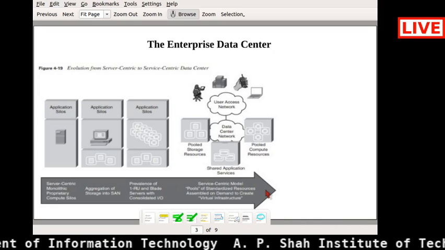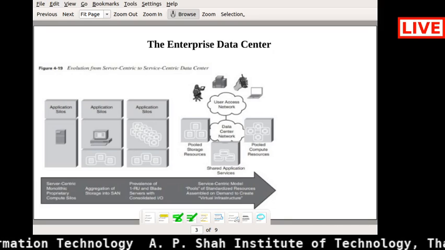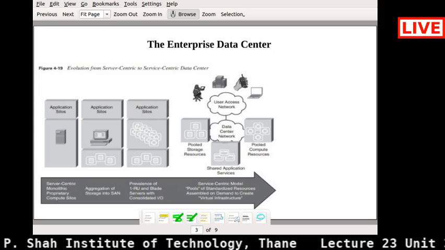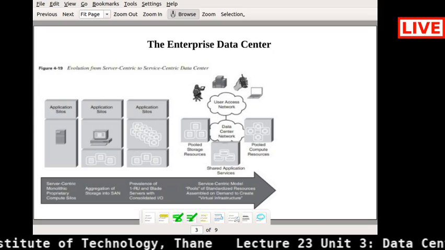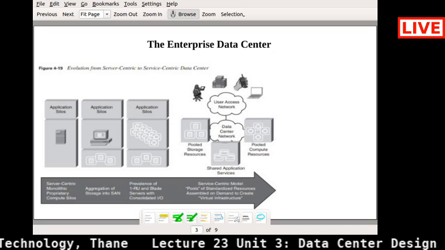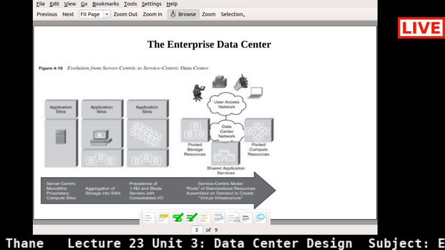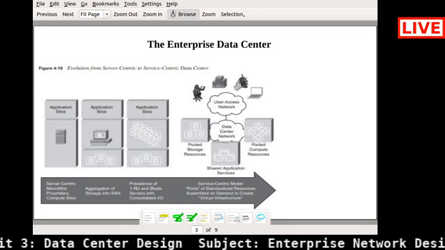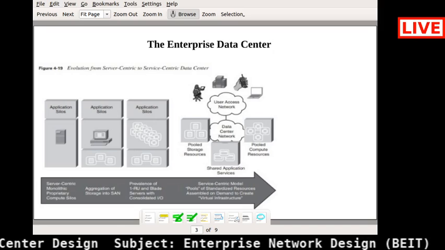An enterprise data center depends upon the organization, because whenever the organizational requirements expand, the data center can be brought